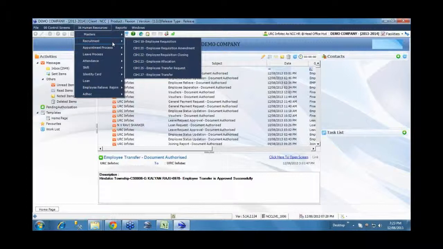It goes through an approval, and if there is any change in any document once it's raised and approved, it needs to have an amendment. They cannot go and edit that particular thing. In some cases, once the recruitment process is completed, it gets automatically closed, and sometimes it can get rejected or there are difficulties in recruiting, so we can close those allocations here.